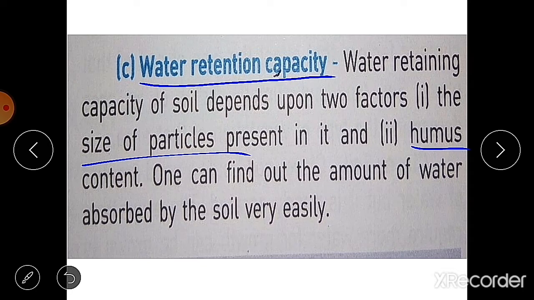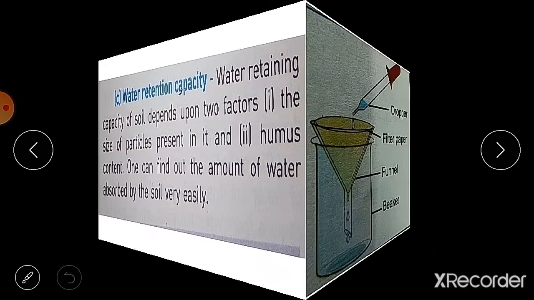Means the nutrients get washed away with the rainwater, or we can say flood water, and this is called the leaching of soil. Waterlogging means stagnant water, okay, and leaching means washing away of the nutrients from the soil. So these are the properties of soil.